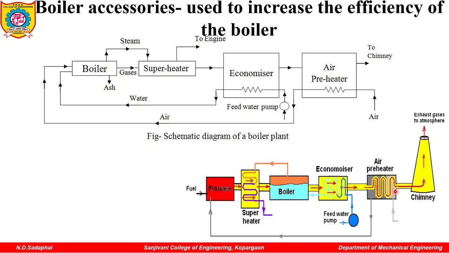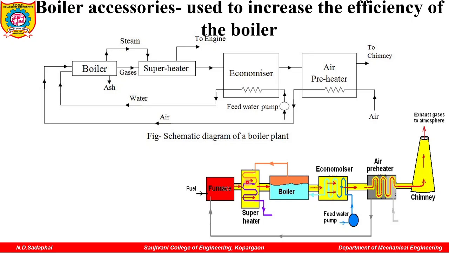So here a diagram is shown. Fuel or coal is burned inside the furnace, and those hot gases will pass through the superheater, then the boiler. In the boiler, this is the water, and on the upper side there is steam. Due to the heating of water, steam is produced. Now, whatever steam is produced in the boiler, in that steam there may be some minute water particles, so it is called saturated steam. That saturated steam is passed through the superheater.